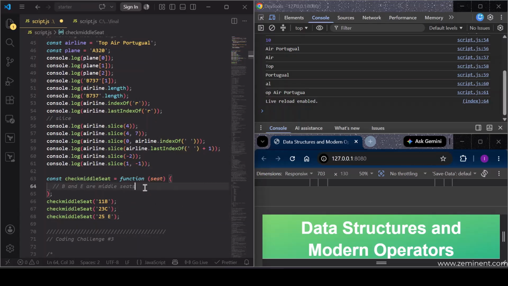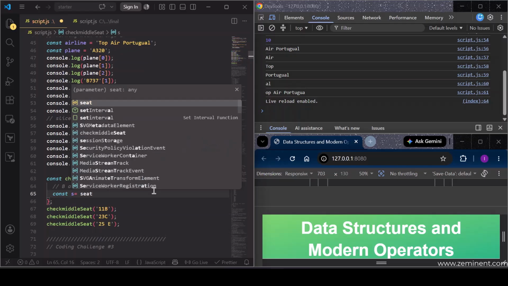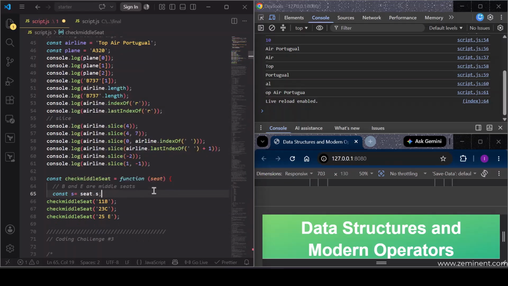So that's how we extract the parts of the string. Right now we'll go to our function and write it here. We'll declare the constant s equals seat dot slice of -1, because we want only the last element to be checked, right? We want to check whether the seat is B or E, so we want the last element, which is -1. Okay, so we are storing that in s, and then we check if s equals B,